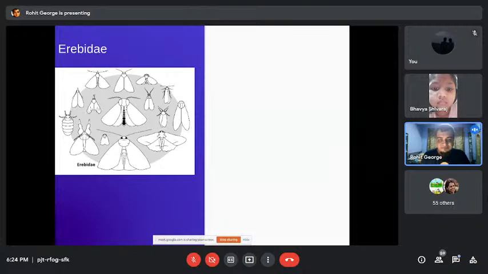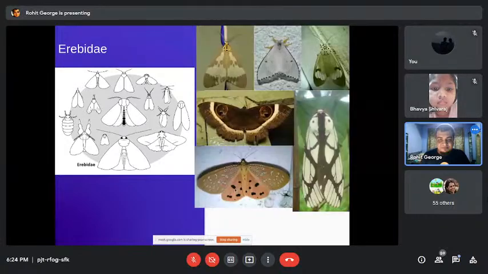If you look at the hindwing, they use this to startle predators. When a predator comes nearby, they will quickly open their forewing, and this sudden bright color will scare some predators away. Also, lots of them have eye spots.